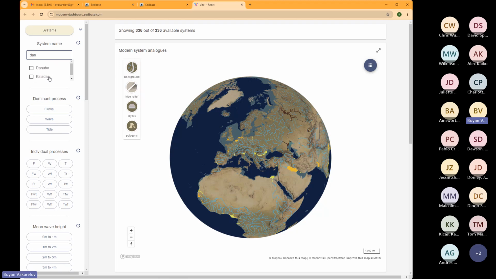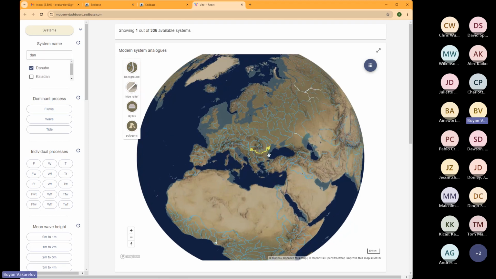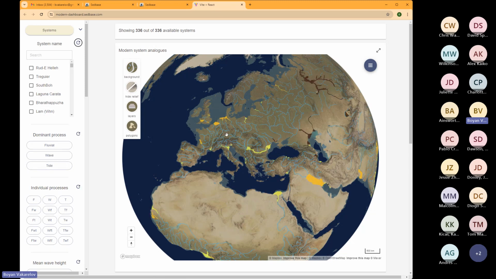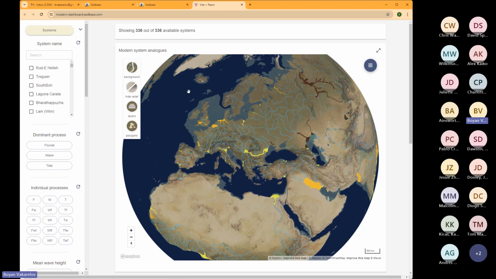We also can do a live search. So in this case, I put in the letters DAN. I'm being given a list of systems which contain these characters within them. So if I click on Danube, notice that everything on the right-hand side, all of the systems disappeared, minus that one. So this is the Danube system. Notice how the map on the right-hand side is interactively responding to what we do